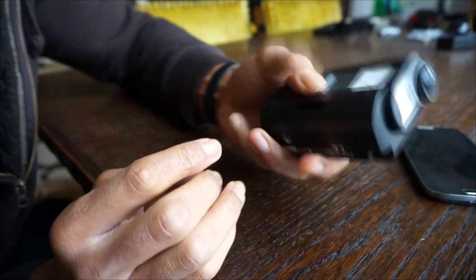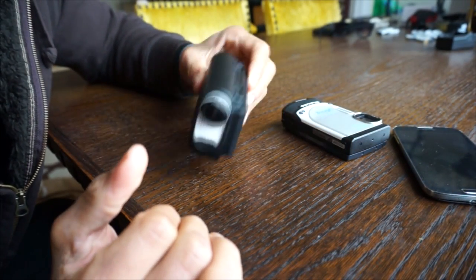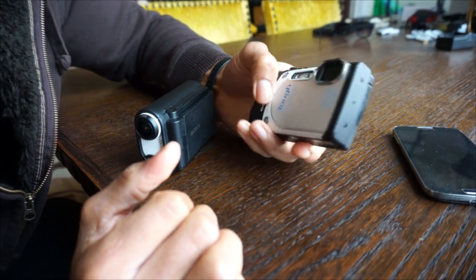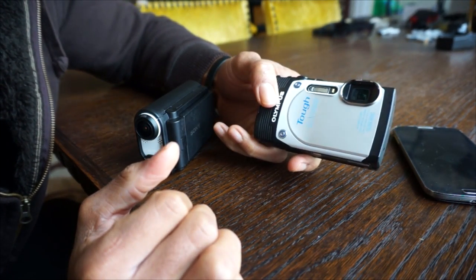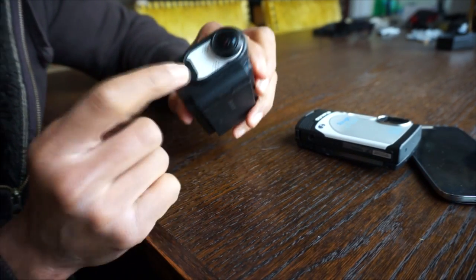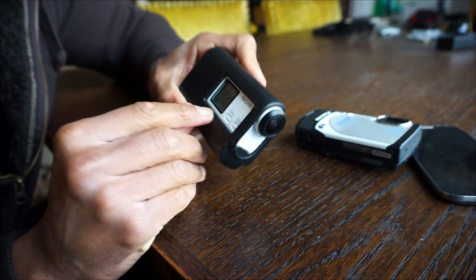This was a stupid buy for me, just because I don't really need an action cam. I never really needed a GoPro. It was kind of an impulse thing. This is good enough for me. This goes in the water with me, and I can just hold it if I'm doing some crazy stuff. But I'm interested in taking this on vacation or something this summer and seeing how crazy I can get